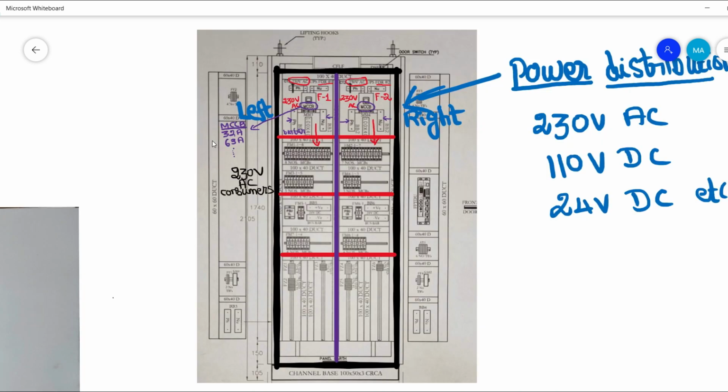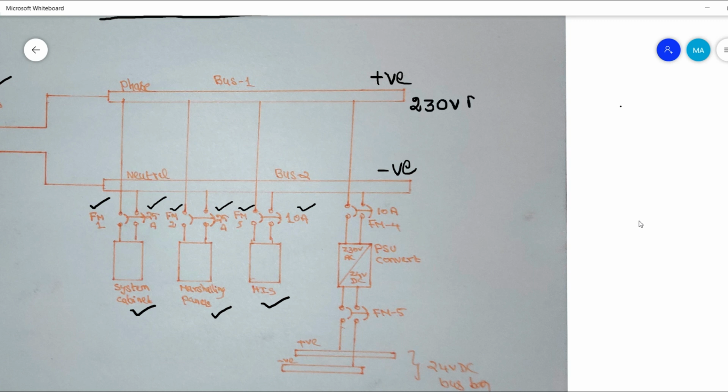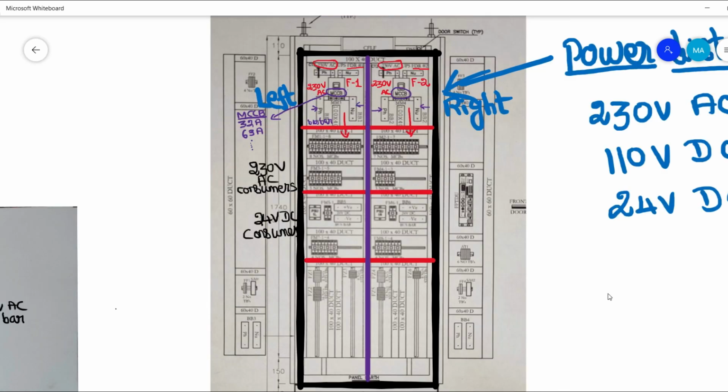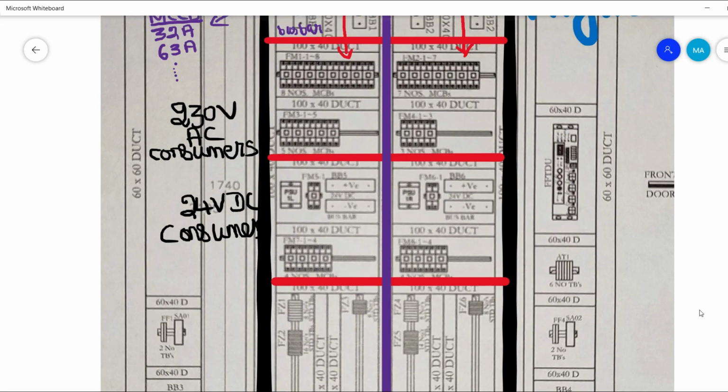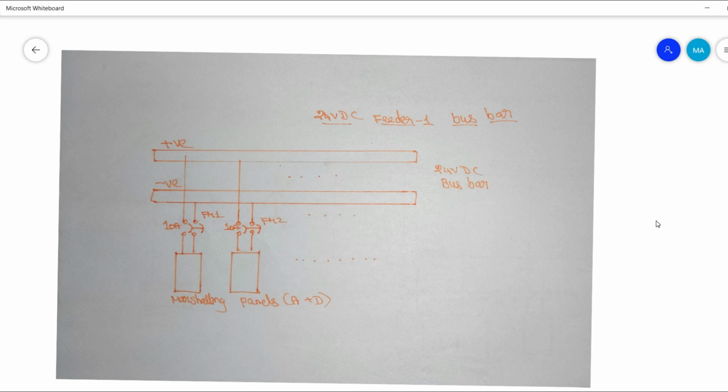Next comes the 24 volt DC section. We use a power supply converter that converts 230 volt AC into 24 volt DC. Again, we have two sections, power supply unit left and power supply unit right, to cater to the redundant configuration.